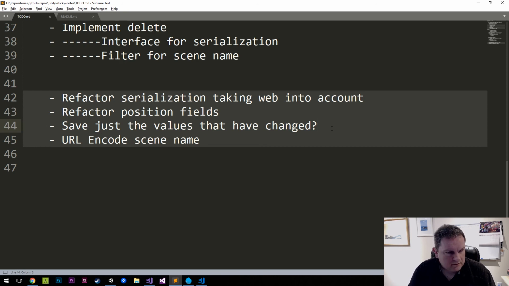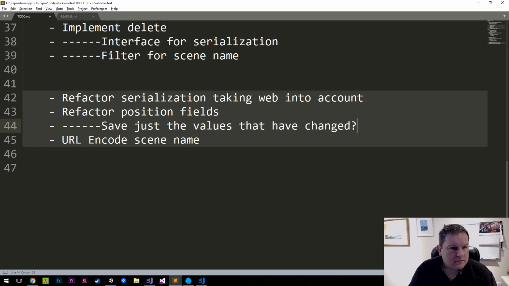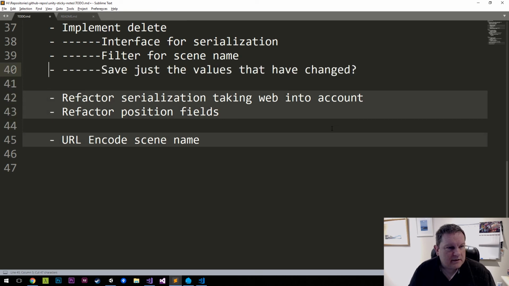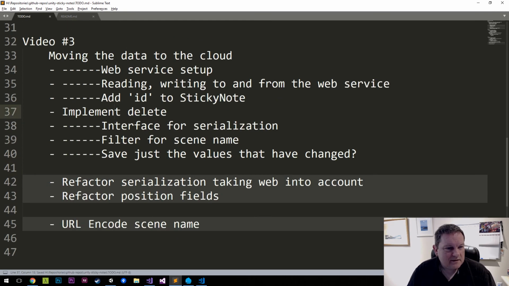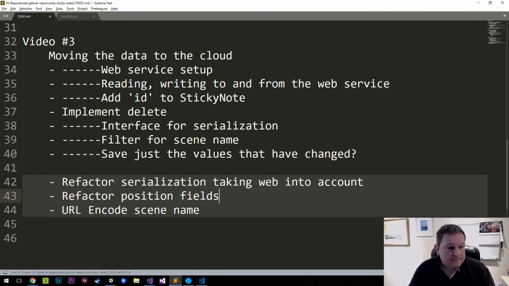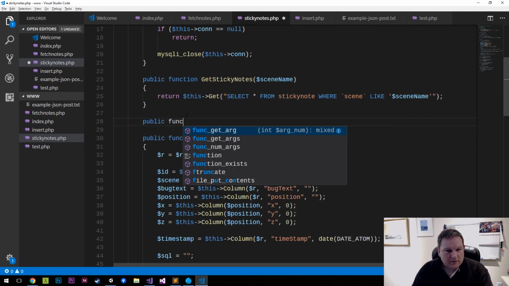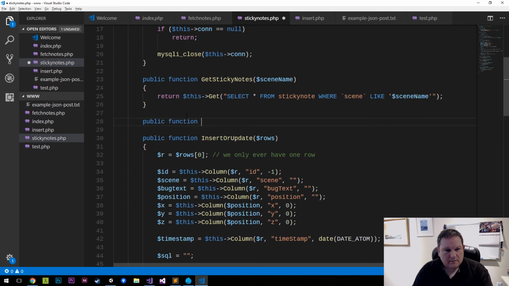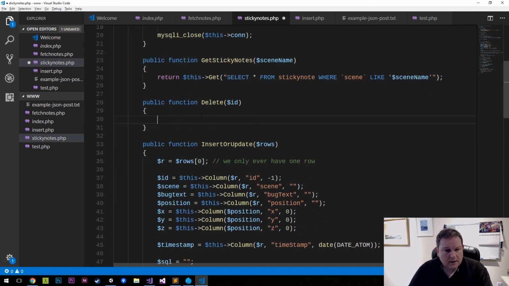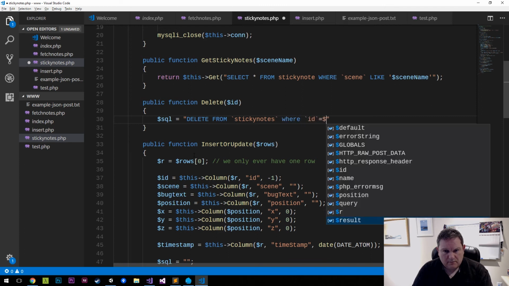And actually, we've done that one. So that's a done one. We've done that. So the only thing really left to do is implement delete, and then we can call it a day. Right, let's home stretch this. Public function delete, and then this is going to be ID, and SQL is delete from sticky notes where ID equals ID,